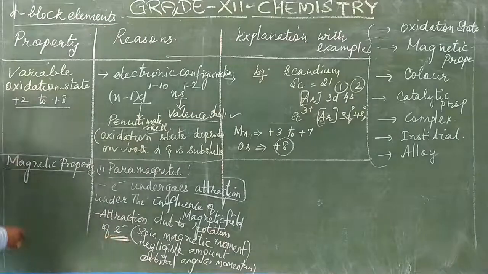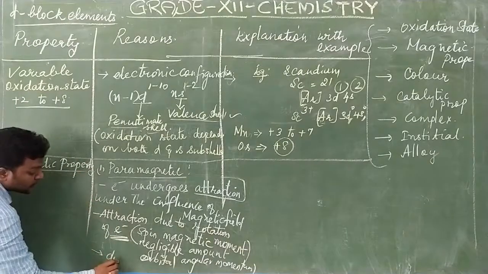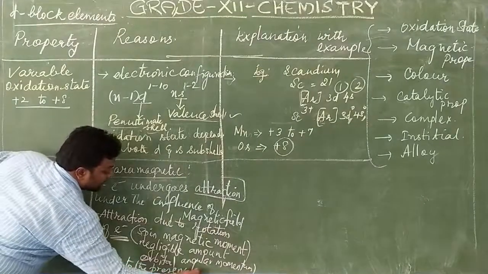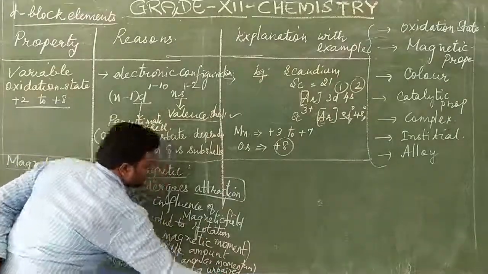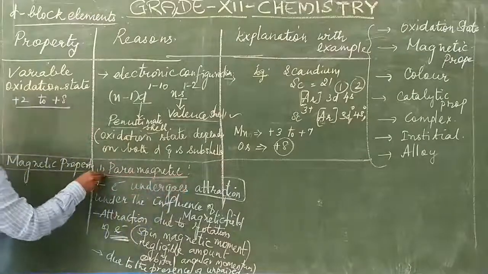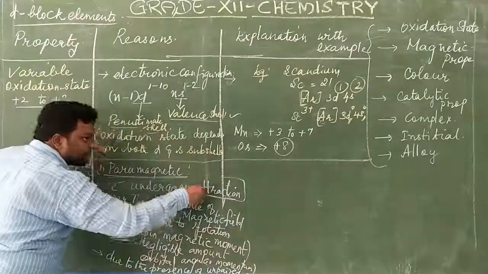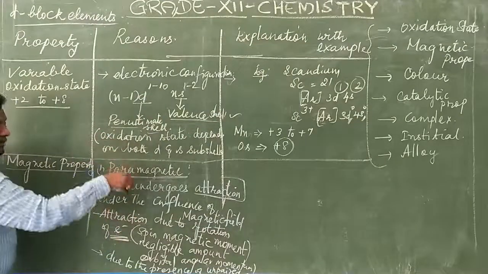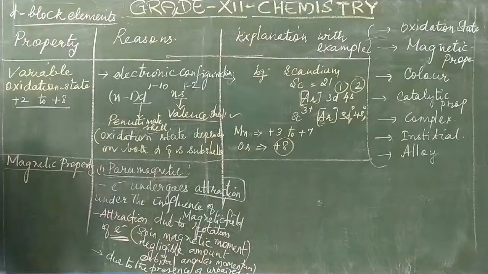So as a result, the electrons are undergoing rotation. Can you understand? The main reason the electrons rotate is the presence of unpaired electrons. After saying unpaired electrons, that means what? Paramagnetic substances are those which have unpaired electrons, because when the electrons are subjected to the magnetic field, they exhibit attraction. That shows that it has the magnetic moment. The spin angular moment can be confirmed. So this is for the paramagnetic substance.